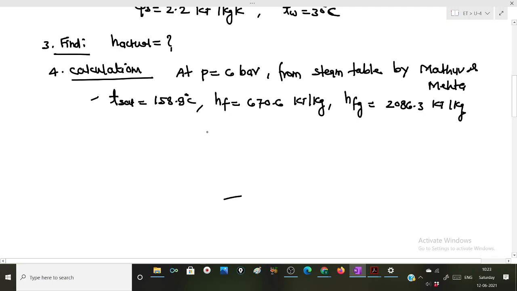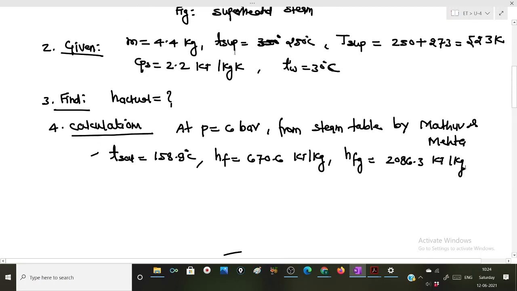Now in this problem, one more thing you should remember. Particularly, it is given that the condition of steam is superheated. Had the condition of steam not been mentioned in the problem, how would you have identified that the condition of steam is superheated? So for that,